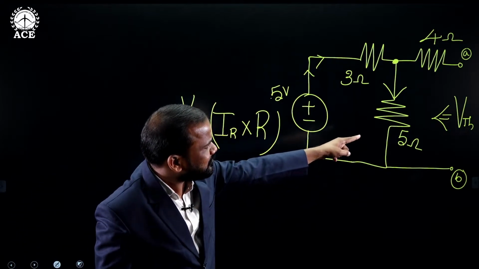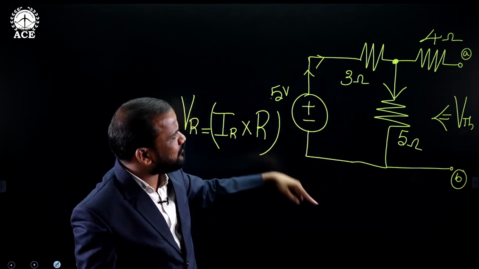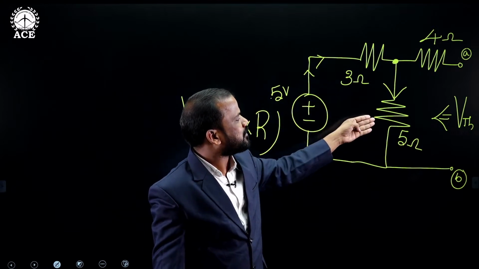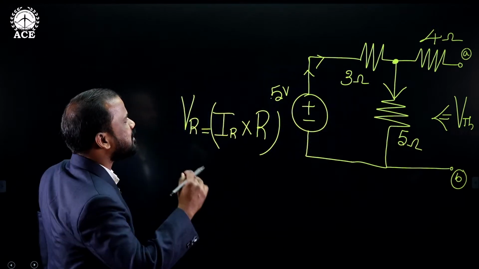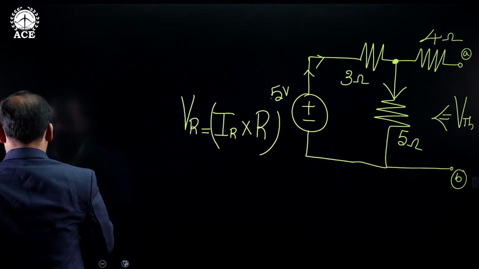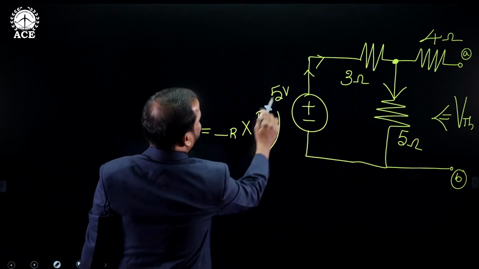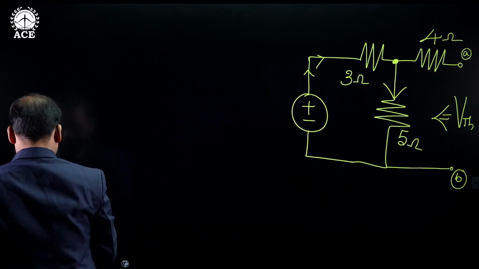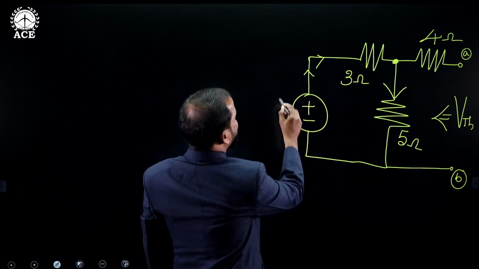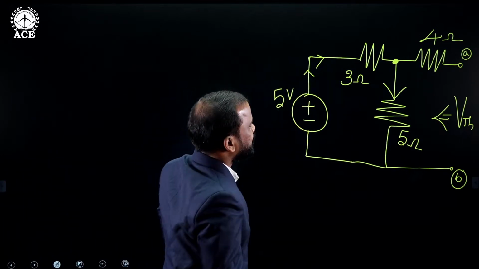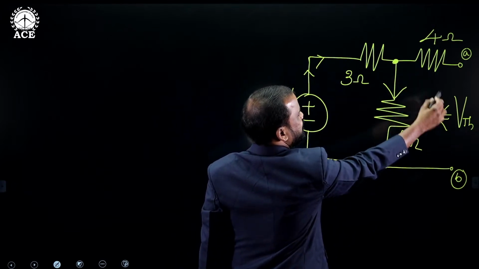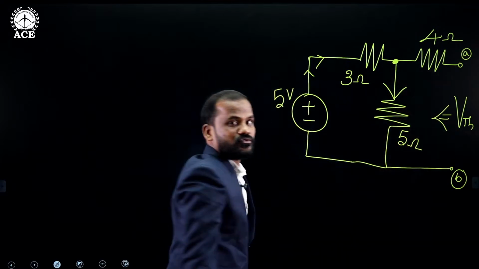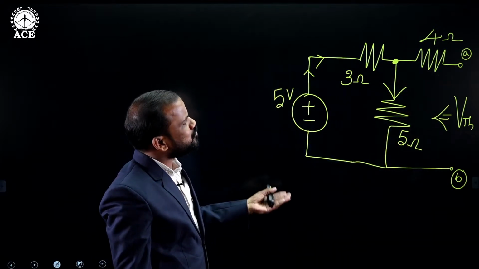Okay, now for finding the value of VTH, our target is to find the voltage drop across this. Whatever we discussed, apply that. Now first our target is to find the total current in the network. The applied voltage is 5 volts. We need to find the value of VTH across open terminals A and B only. But this 4 ohms comes under the open branch,